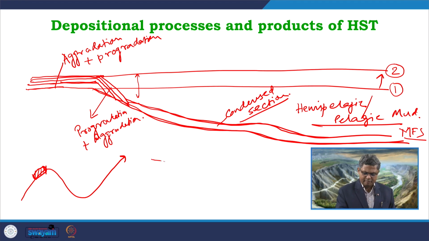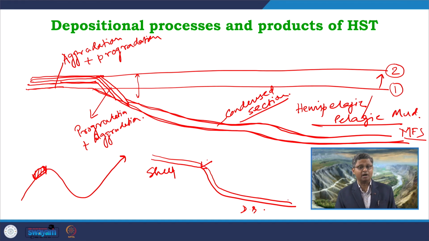So, in the shelf part, if I try to make a little more detailed drawing, this point is the shelf break. This is the shelf area and this is the deep basinal part. Along this entire zone, what we will get is the deposition of the same mud, and since this is mud covered, a very low energy condition, the supply of turbidites and gravity flows over here will be negligible, almost absent. So, along this entire area we will not get much variation in terms of the depositional pattern, in terms of the depositional systems.